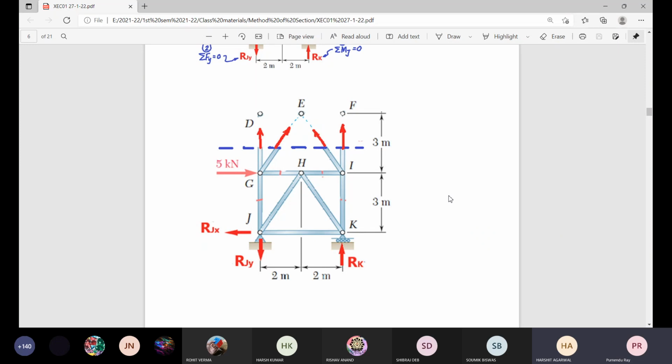Next thing, for this equilibrium, how many unknown forces are there? Sir, 4. Now these four unknown forces, can you solve from this non-concurrent coplanar force system? No, sir, because normally only 3 can be solved. Not more than 3 can be solved, because if we consider this point G,